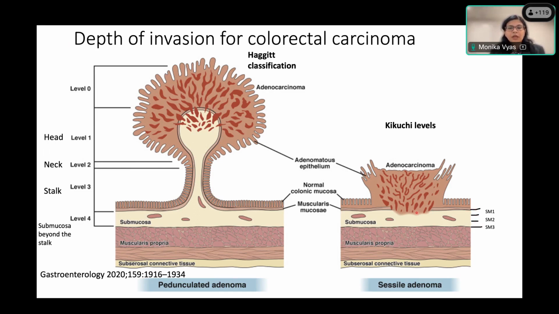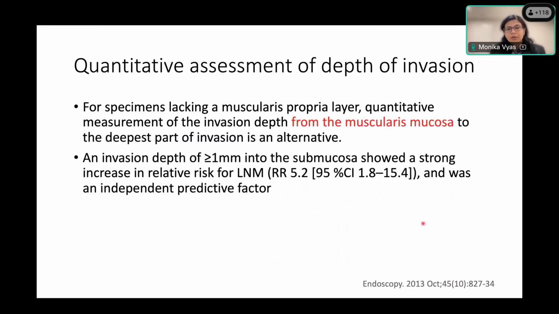Now, all the time for local resections, you will not have the complete submucosa. So giving an SM level can be extremely challenging, and you don't want your treatment decisions to be based off this parameter, which you are not confident about. So to bypass that, what we try to give is the depth of invasion.